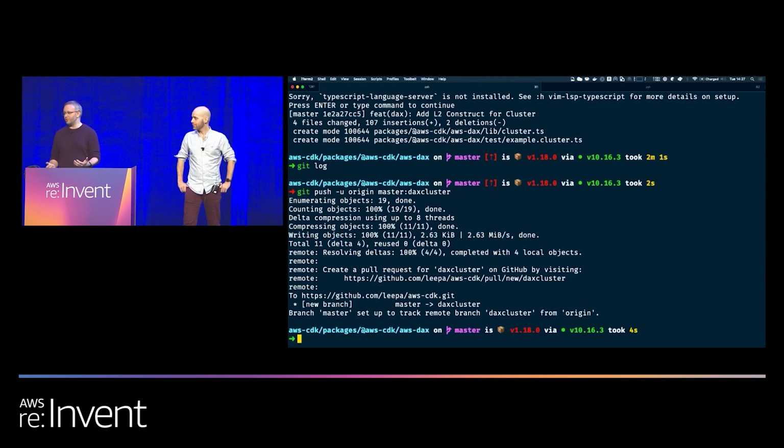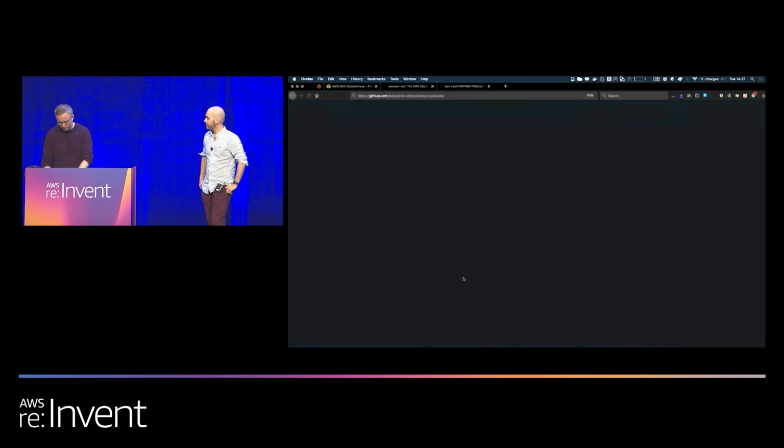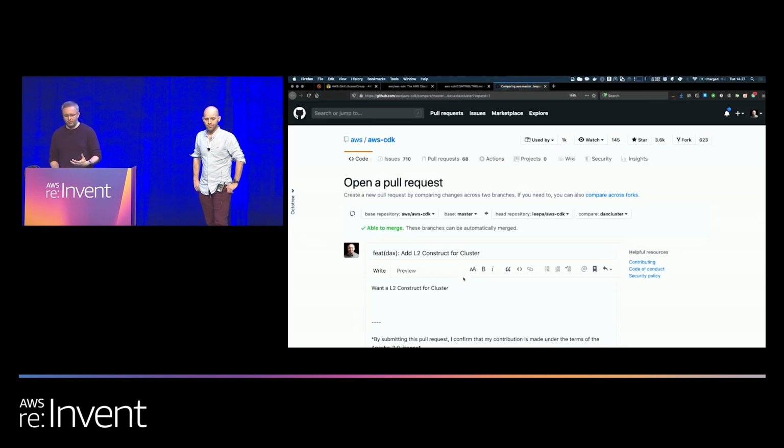And it conveniently provides me a URI to click to be able to go and create my pull request. So I'll just go ahead and click that. Yeah, that'll take us to GitHub. If that URL doesn't appear or anything like that, it doesn't really matter. As long as you just go to your fork in GitHub, it brings up a little yellow banner pop up to tell you that you have a pull request you want